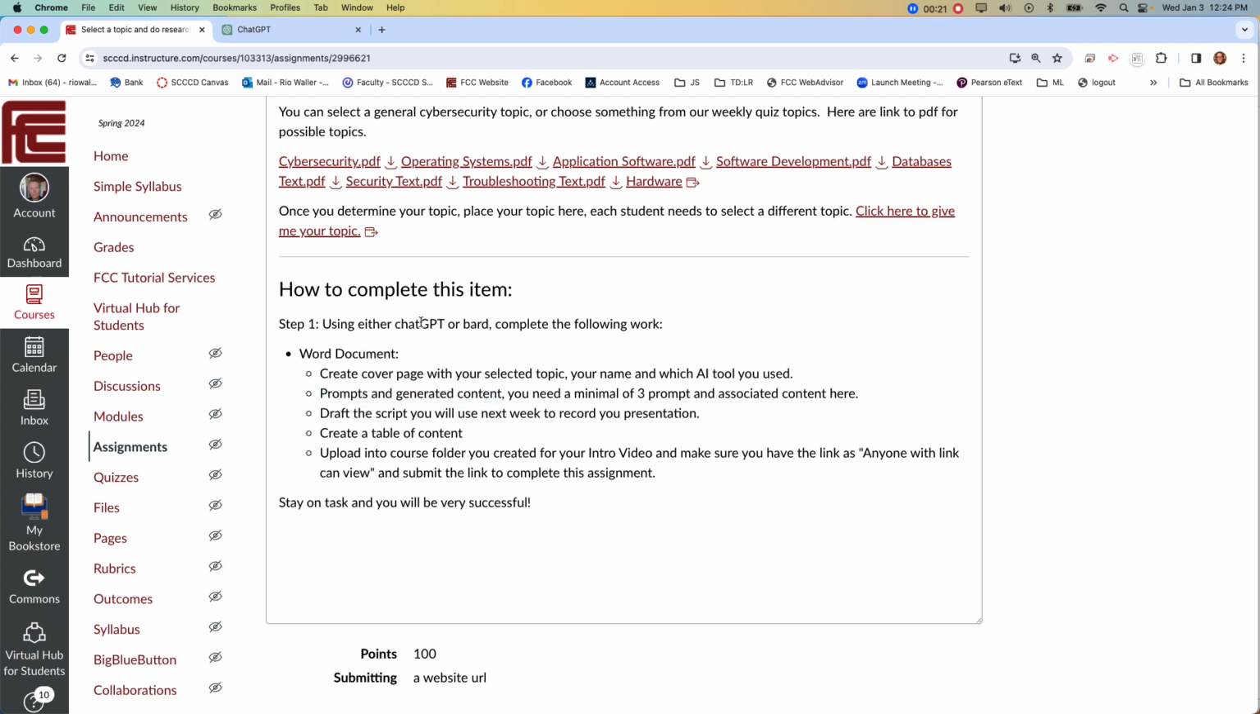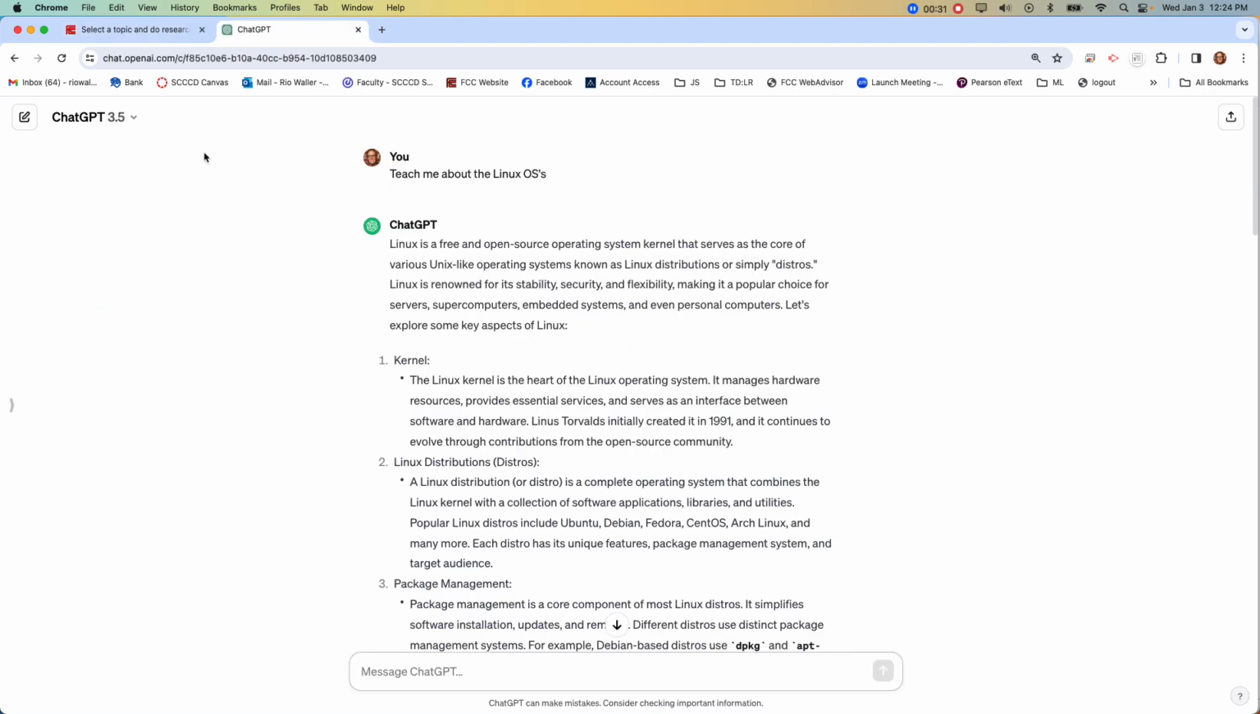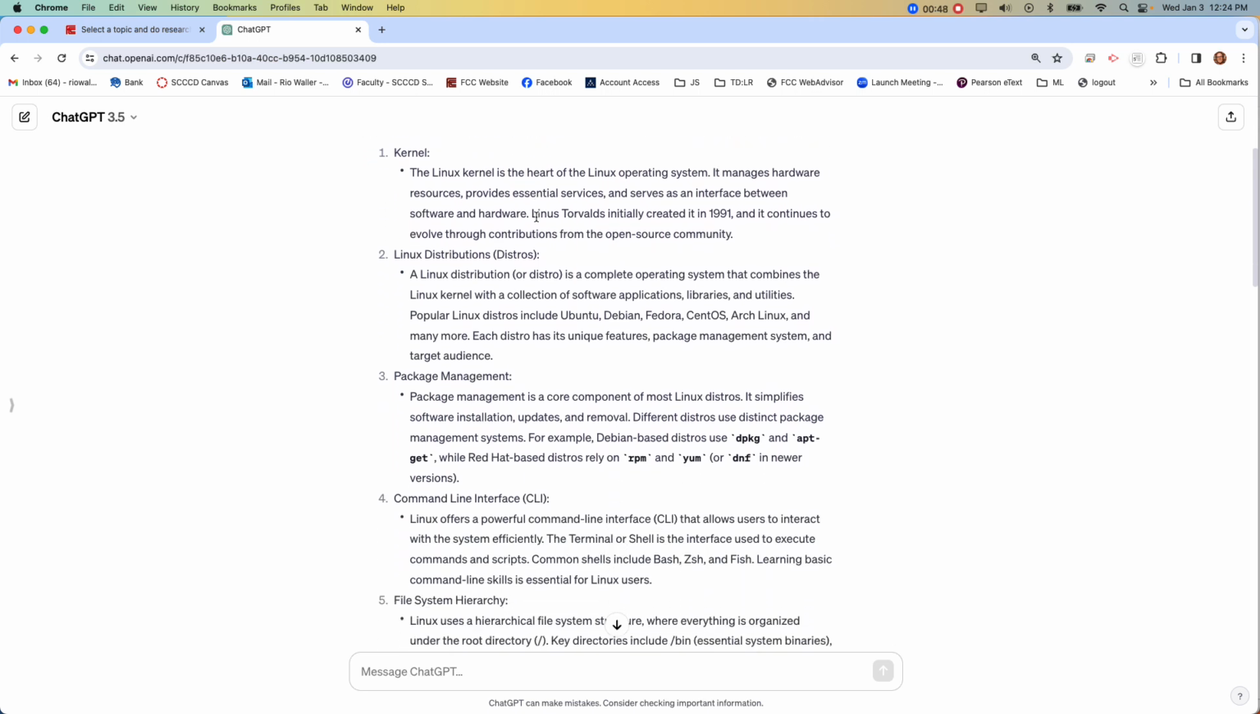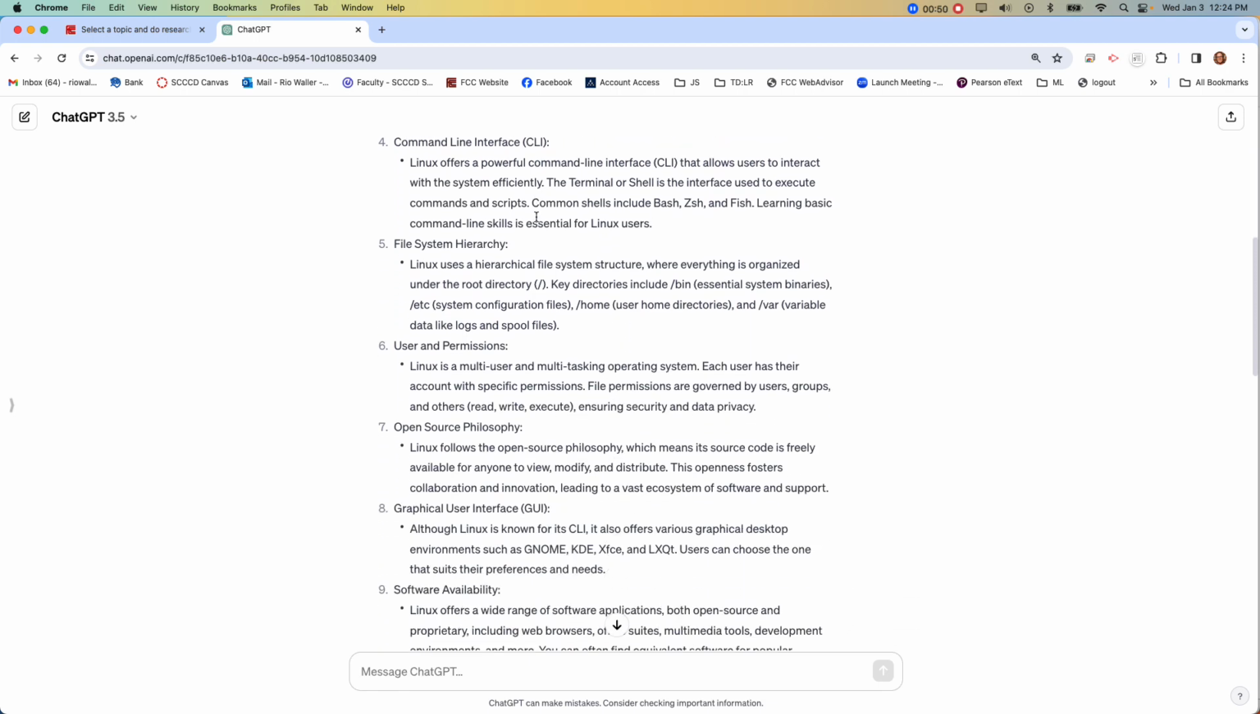So ChatGPT is great, Bard is great, whichever one you want to use. There are other ones. Probably these are the most common ones I would see students use. So I have Chat open. There's a free version. You can just go to openai.com and get one. And so the first prompt that I used right here was, teach me about Linux OSs. Okay. So if I felt like that prompt created output I'd like to include in my research paper, that'd be